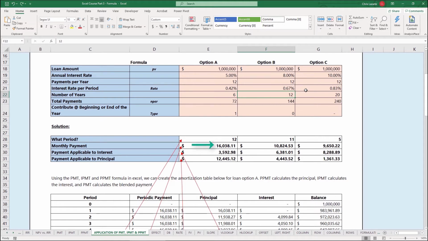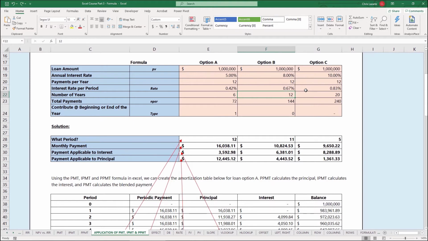$16,038.11. The interest payment will be $3,592.98, and the principal will be $12,445.12. If I were to add the interest and principal portion together, I can get the total monthly payment of $16,038.11. And if we were to look at the other loan options, I can perform a similar analysis and see